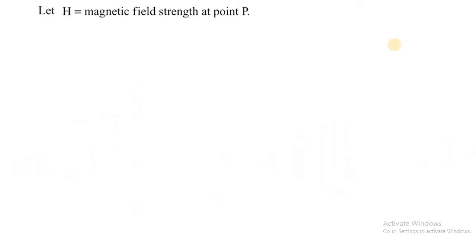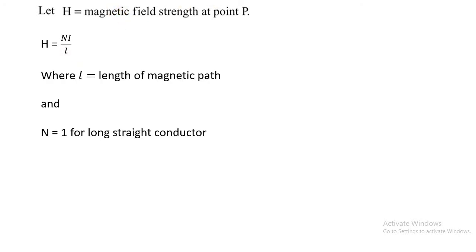Now in this particular case we want to find out magnetic field strength at point P. What is the formula of H? Ni upon L. Okay, what is N? Number of turns. I, current flow through the conductor, and L is the magnetic path length. Now tell me, in this particular case, what will be my L, magnetic path length? It will be 2 pi r.